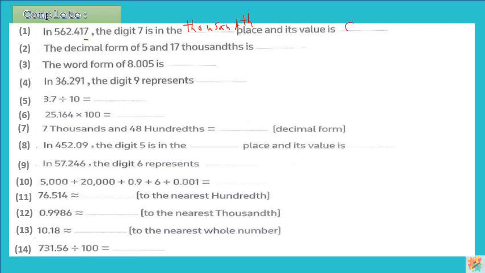Its value is 0.007. The next one, the decimal form of 5 and 17,000, so it's a 5 and so we'll put decimal point 17,000, so don't forget to put 0 in the first عشان خاطر ال 7 اللي في الآخر دي تكون هي اللي في الثاوزند. The next one, the word form of this number,